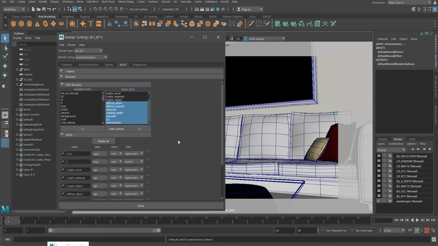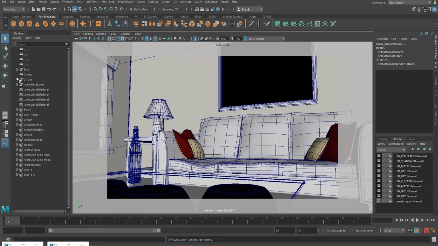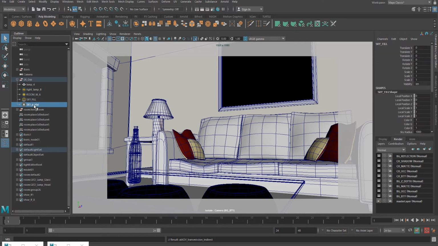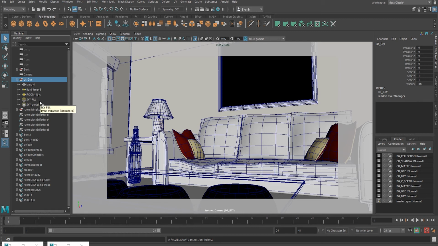Also what I need is separate passes for each and every direct light. Means we have 3 or 4 lights in the scene. So what I want is that skylight should come in one pass, room light should come in one pass, and this lamp light should come in one pass. These are called light passes. So we need to actually create them manually. The process is a bit tedious, but actually it's not that tedious. You can understand it if you look closely. So let's get started.